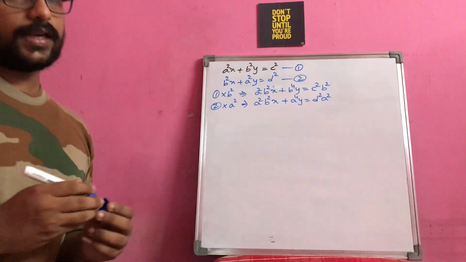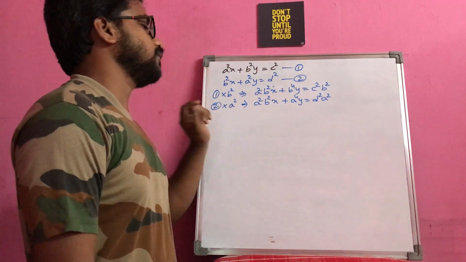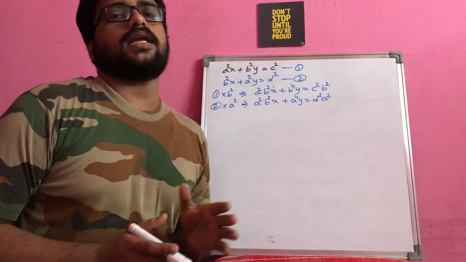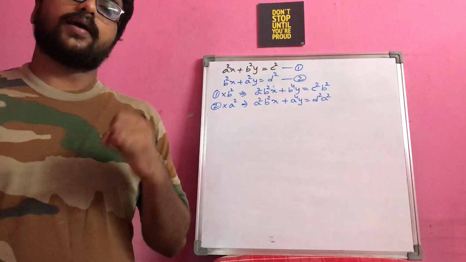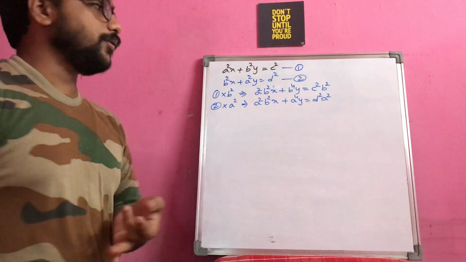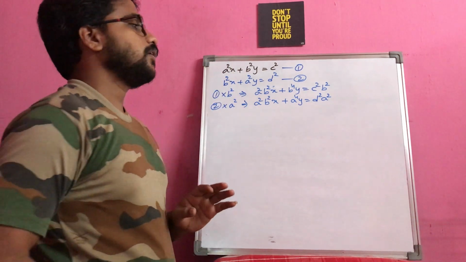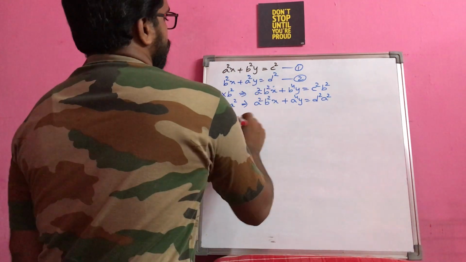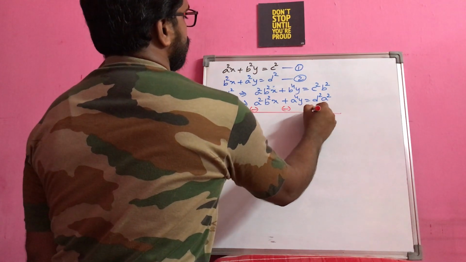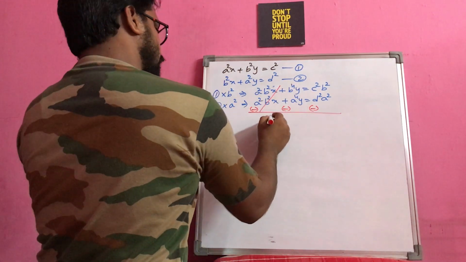I think now you got the clarity why we are multiplying the first with b square and the second with a square. Because when you don't have the opposite sign, what has to come to your mind is which term you want to eliminate. You can take either x or y, it's up to you. Accordingly, you will multiply. So I decided to eliminate x, and I am multiplying correspondingly. This is minus, minus, minus, so this will get cancelled out.